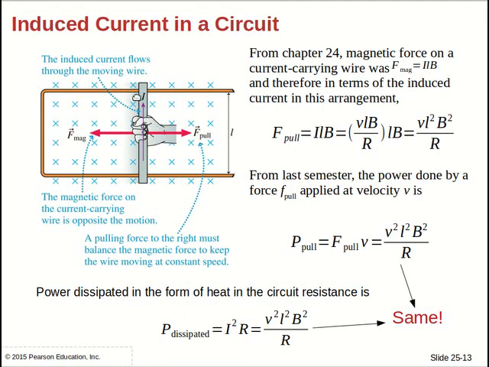So the resistance here is going to be the resistance of the wire loop as well as the bar. They will total to a complete resistance for the circuit,